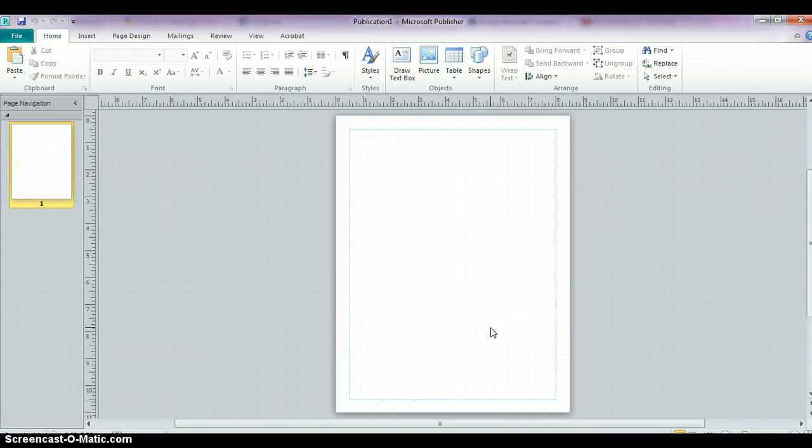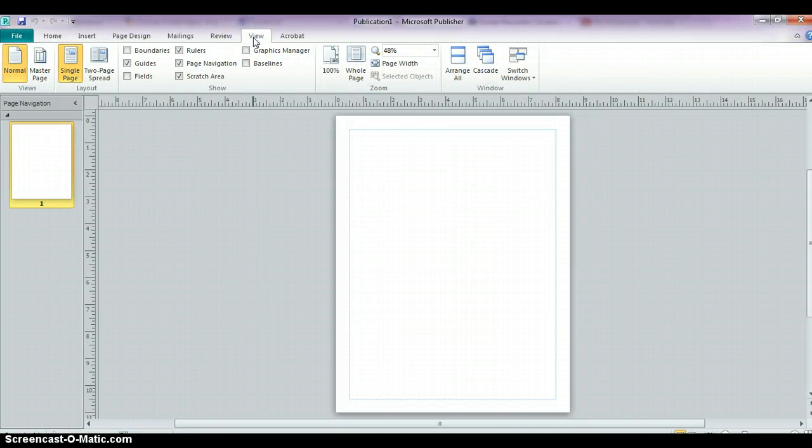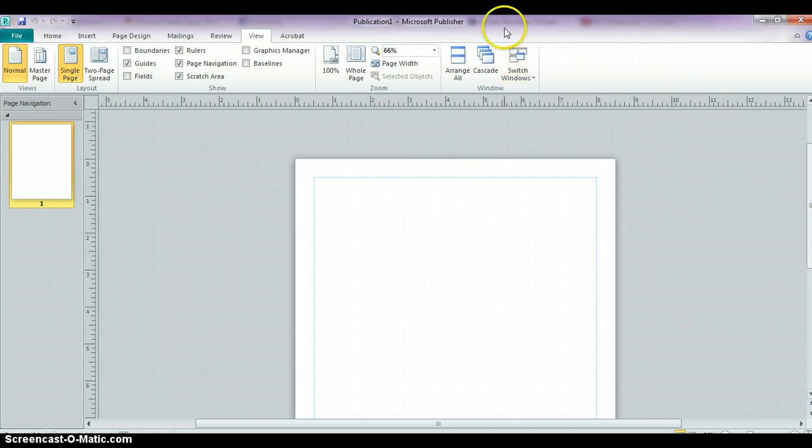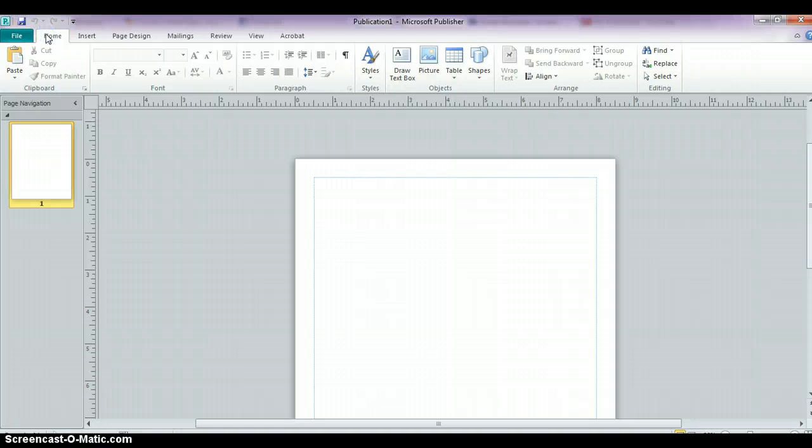Now you can see the document shows you the full page. When we start putting content on it, sometimes it can become a little bit difficult to actually view. So I'm going to click on the View tab and zoom in just a little bit so that I can get a better idea of what my page looks like. And then I'm going to go back over to the Home section over here and I'm going to insert my